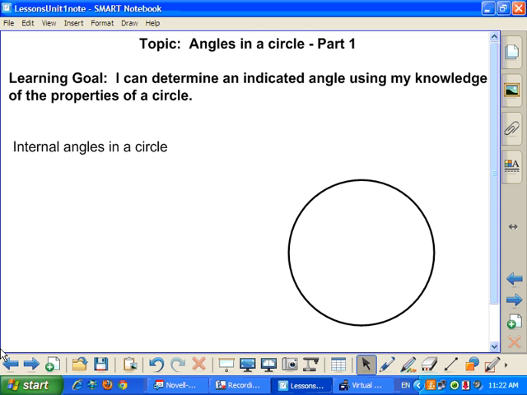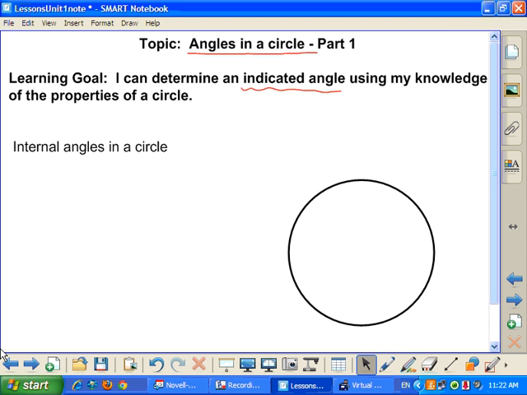And today we are talking about angles in a circle. We're looking at part 1 because there are several parts that I want to look at. Today I'm looking at only one particular angle calculation, so I can determine an indicated angle using my knowledge and properties of a circle. I want you to be able to tell me what angle is involved when we are dealing with internal